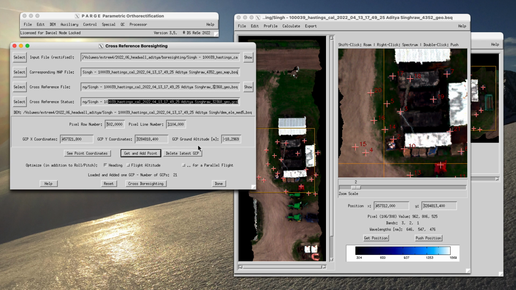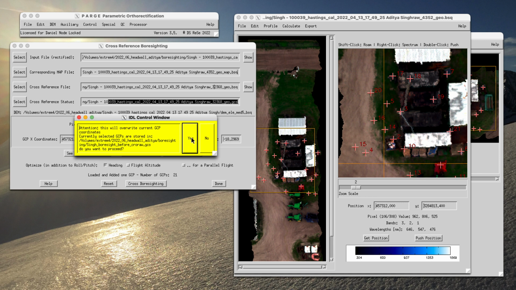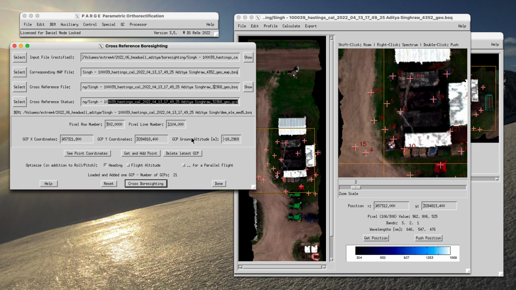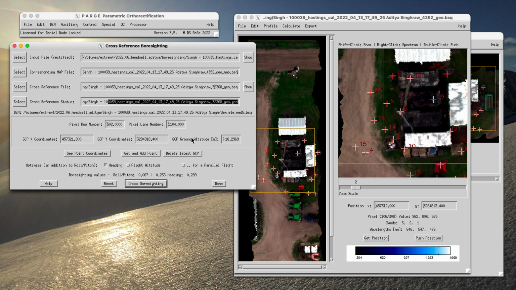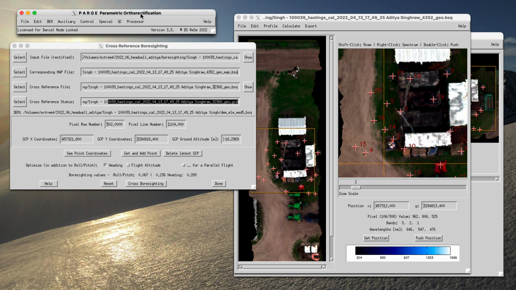Finally, you would run the whole thing and do the cross boresighting, and maybe I could do that. So it will go through all the points and search the optimum corresponding cross boresight values. They're already given down here. Once this cross boresighting is made, the ground control points have shifted or have changed coordinates, so they agree to each other, and you can save this status,